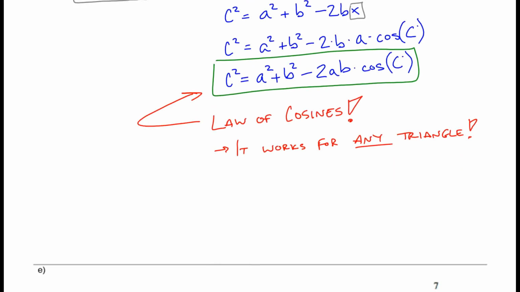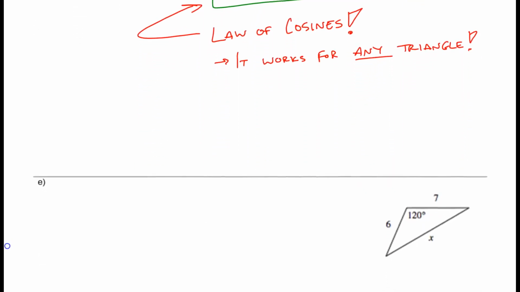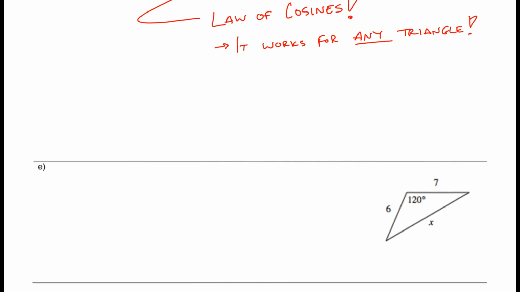Now let's go ahead and take a look at a problem here. Find the side length x, and I'm going to write the law of cosines here again. C squared equals a squared plus b squared minus 2ab times the cosine of C. And you'll notice in this triangle,